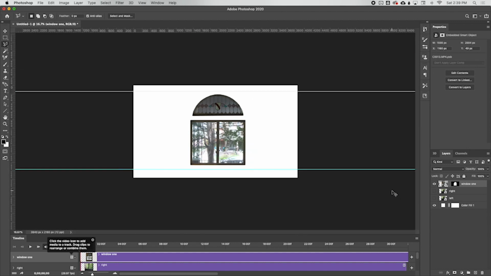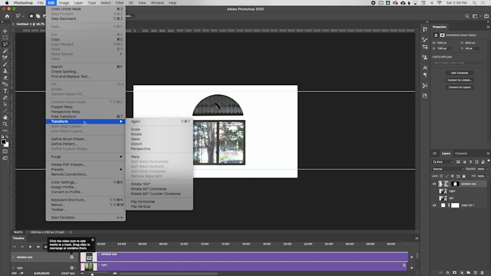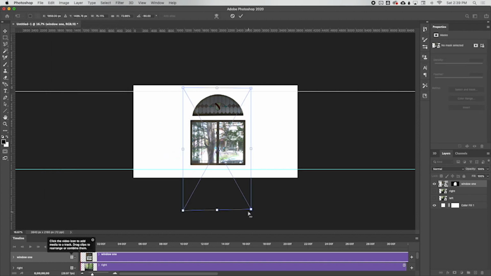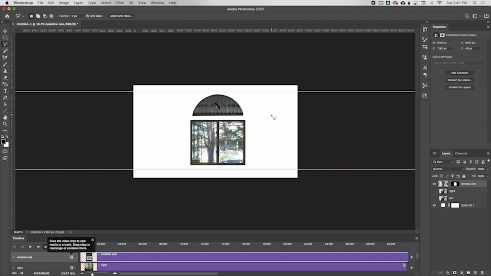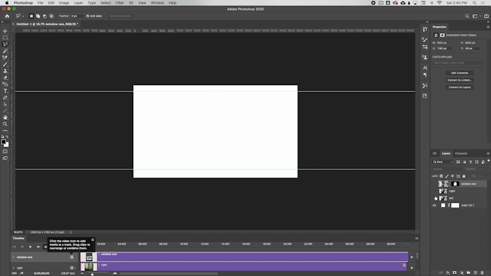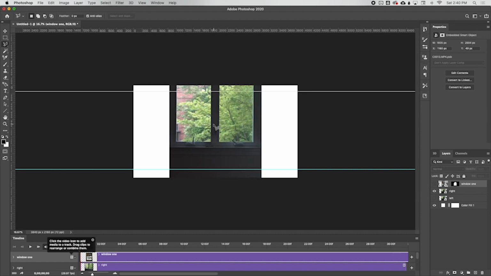Zooming out again, I will go to edit and skew again, and I will pull it out just a tiny bit here. I went out a tiny bit to the right just to get this side of the window a little bit straighter. So there we go. That one is complete. So looking at this window for which I want the right,